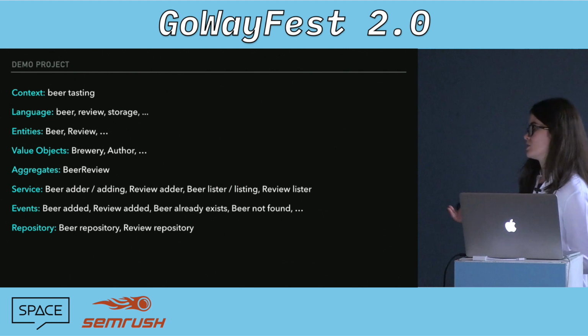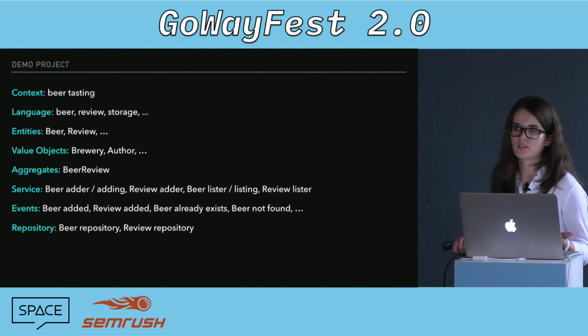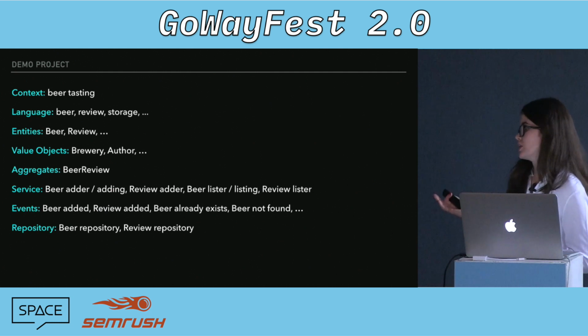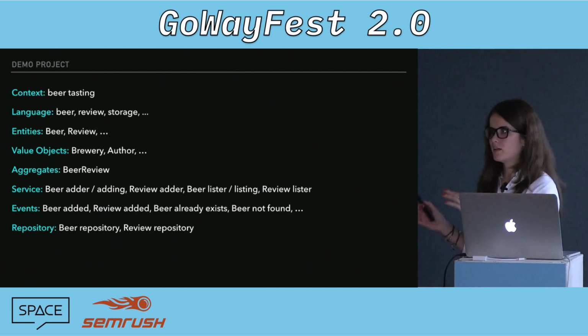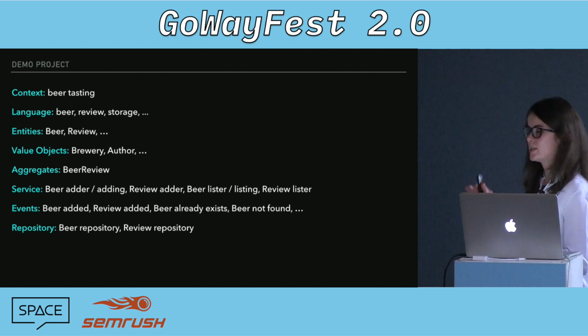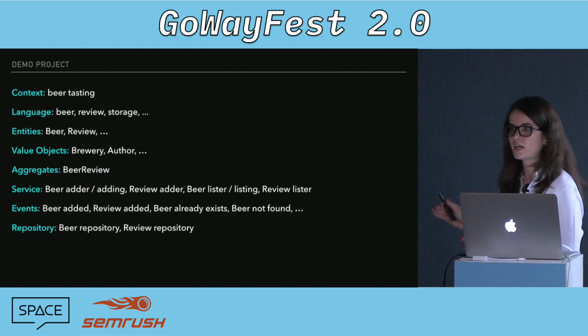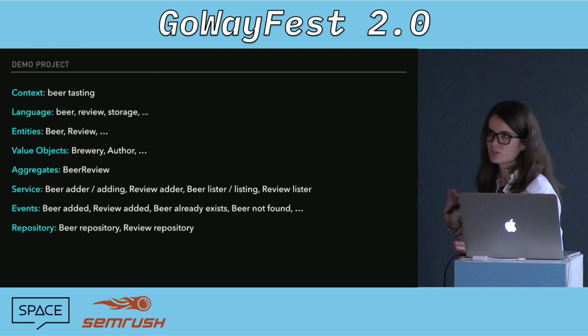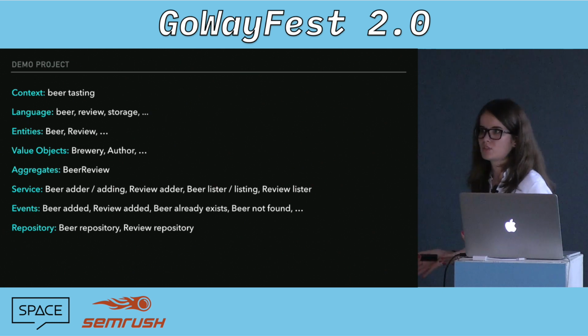And finally, we have repositories, and they're essentially facades over a backing store. So in our case, we have a beer repository and a review repository, and we could be talking about the same database, or we could be talking about two separate databases. We don't care at this point. So DDD is all about defining your domain in abstract terms, not really caring about a particular implementation or whether this will be one database or different ones. We don't care. In abstract terms, we have two repositories because we have somewhere to store beers and somewhere to store reviews.